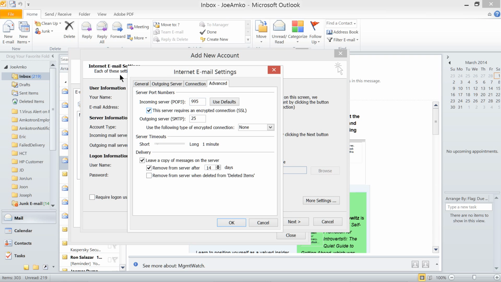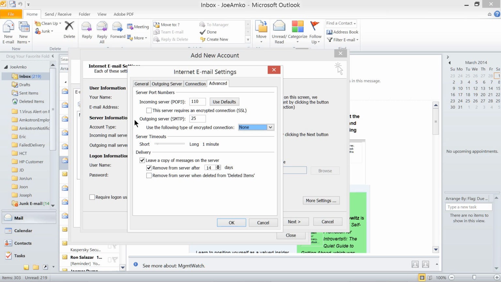Sometimes the server requires an encrypted connection, but it looks like this server doesn't require that. And another encrypted connection for outgoing, like for instance SSL or TLS, or just choose auto, but it looks like this one doesn't require it.